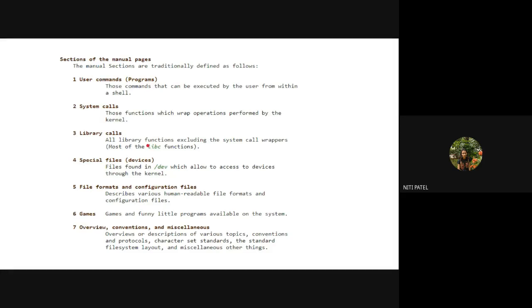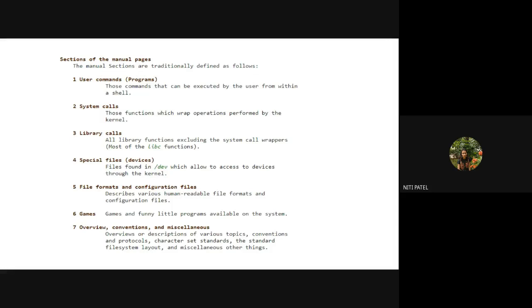It will also tell me what are the options that can be used with the help of these C library functions. Okay, next category of information which your manual page will provide is related to your devices. Now these devices are considered to be special files. Why are they considered special files? Because they are attached separately or externally to your system. So if I have attached some external device, and I want to know some information about that external device, that is how much is the storage, how much is the speed of it, all data related to that particular device can also be found with the help of a man command.